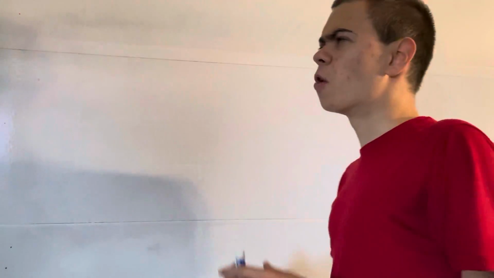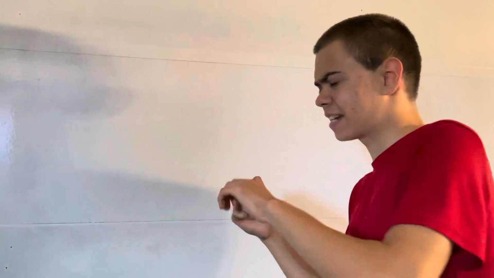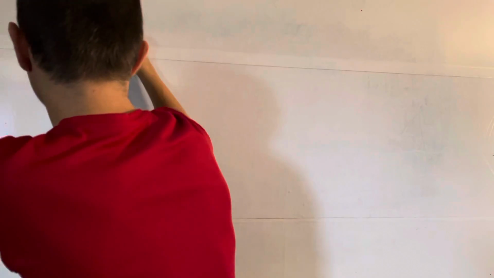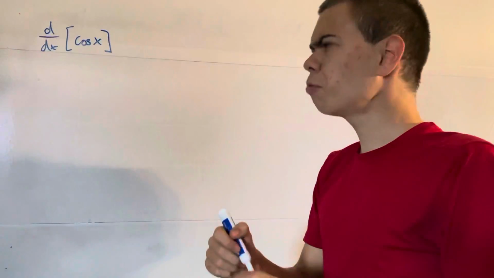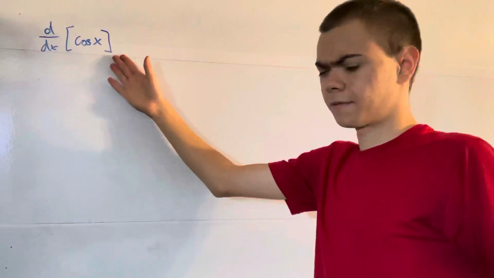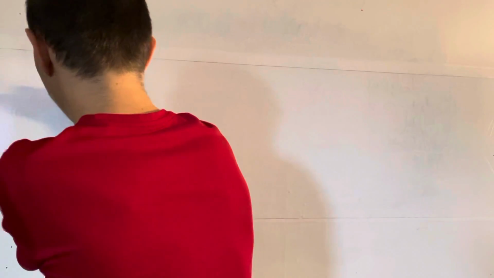In this video, we're going to derive the derivative of the cosine of x. So pretty much we're going to find the derivative of the cosine of x. So how do we find the derivative of this? Well, to find the derivative of anything, just like the derivative of a function